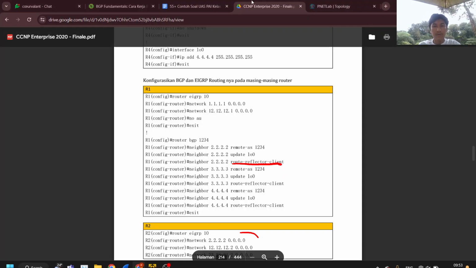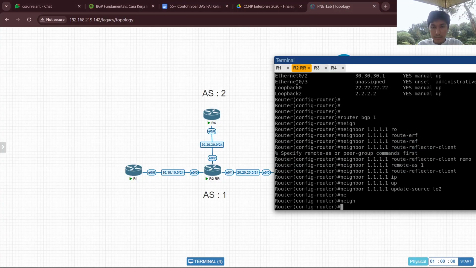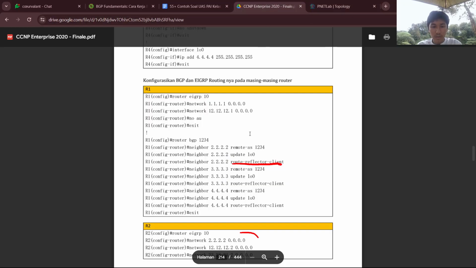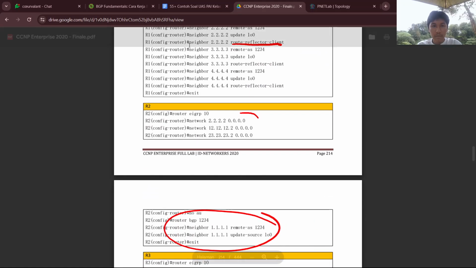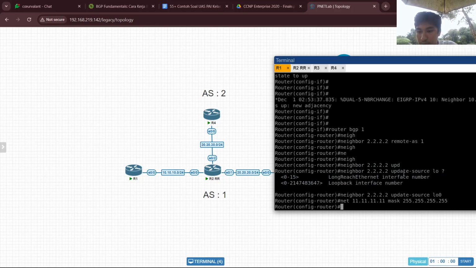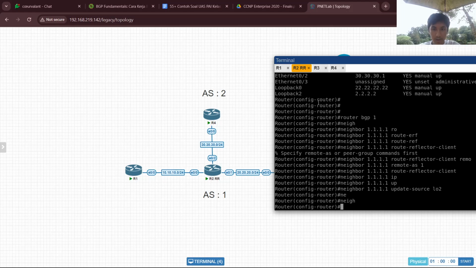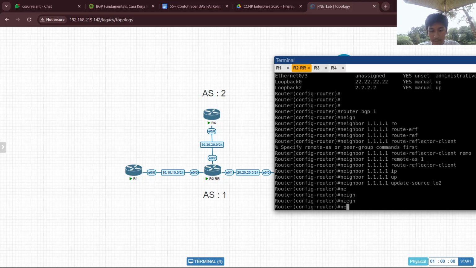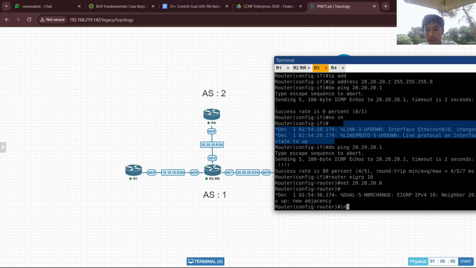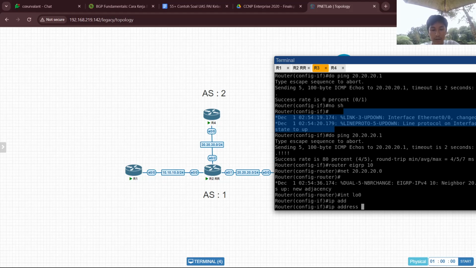Yes, we continue to the lab. Remote AS 1. Now we continue to the neighbor on router 3. Neighbor 3.3.3.3. And I forgot to bring this in the loopback address. Just loopback address.